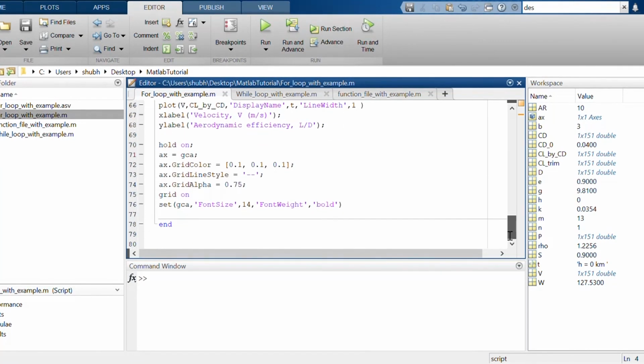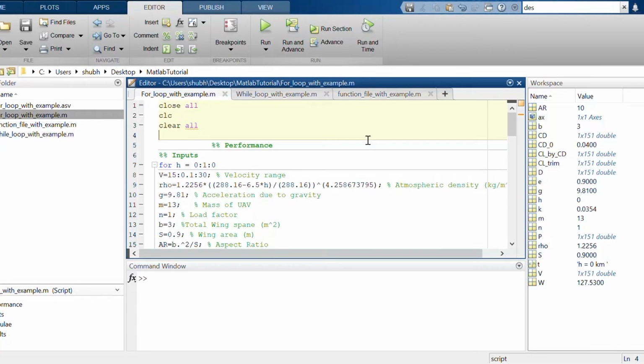Now we will see the while loop and what is the difference between the for loop and the while loop. For loop is where you are not putting any condition like less than or greater than. If this condition is not required, then we will use a for loop. Like we want to fly the aircraft at 0 kilometer, 1, 2, 3, 4, 5.